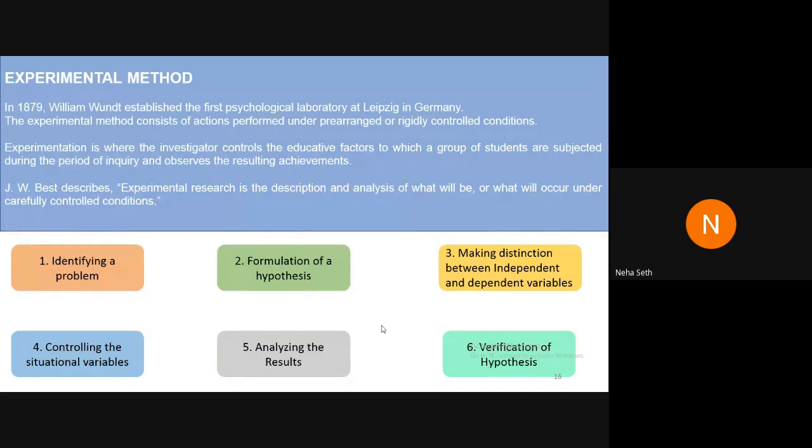And then, once we have collected the data based on the first four steps, we analyze the results, and based on this, we check whether we accept the hypothesis, the assumptions that we made in the second step, or not. This is how we work on the experimental method. This is a widely used method in social science studies, wherein we use primary data to analyze human behavior in different aspects. So this is how we can study the behavior of our students also, and improve the teaching-learning process in our class.